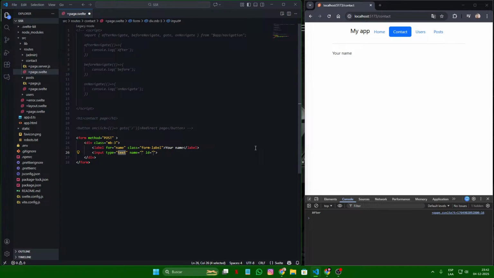This will be a type of text, and then we need the class of form-control. And now since here we will control or just handle the form outside of the page dot server, we don't need to bind it. Now then we need a button so we can submit the form. I will go to button, open and close, and this one will have the name of submit, and